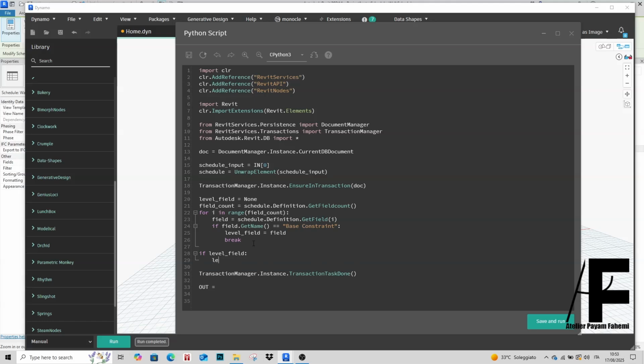We say level underscore, let's name it lem. If it is none, then we start our for loop command,